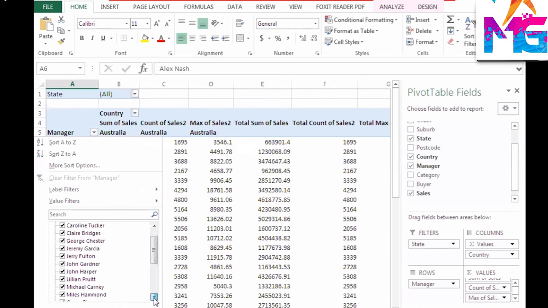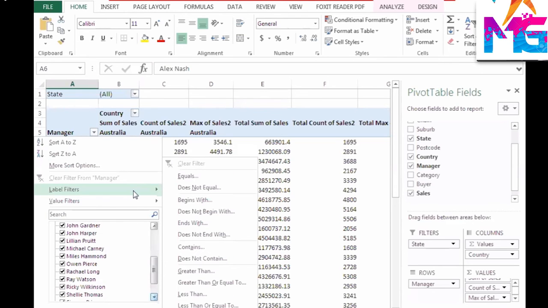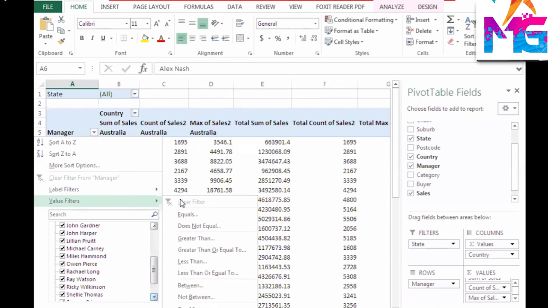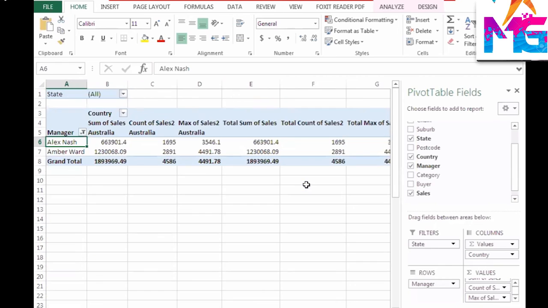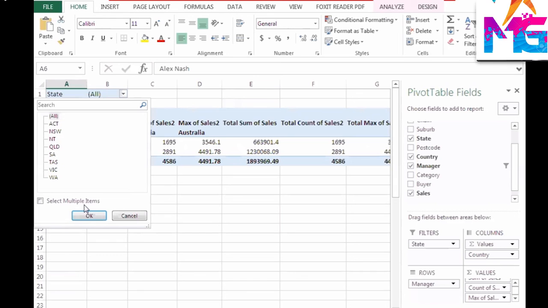So all those managers whose name begins with A, and I can say asterisk, so anything after A. There are only two managers whose name begins with A who have made their sales in Australia. And if I want to say a particular state, suppose QLD, I don't know whether these people have sales in it. Yeah, in the state QLD, Amber had made sales. Okay. So this is how you can analyze the data using the pivot table.